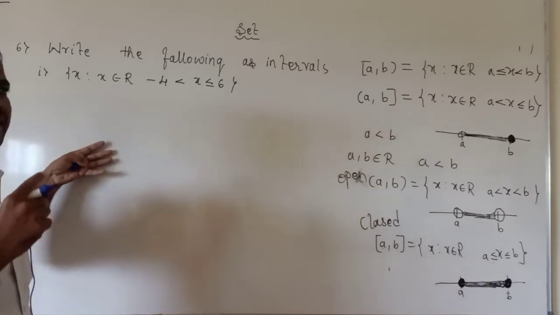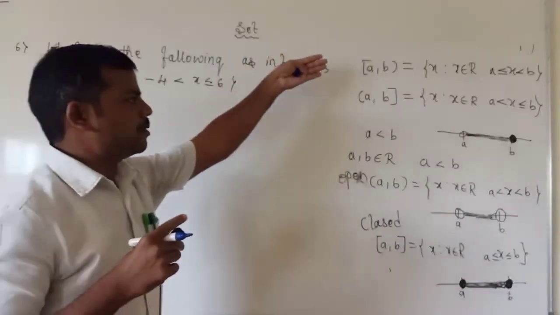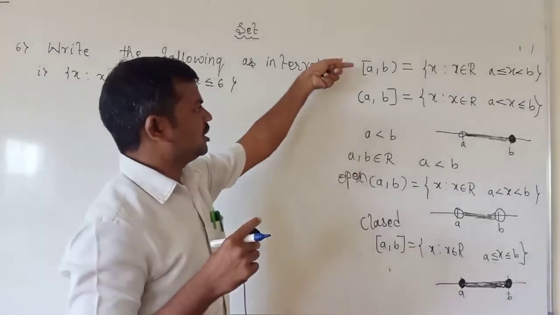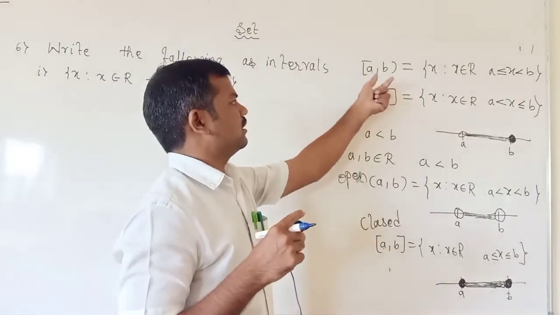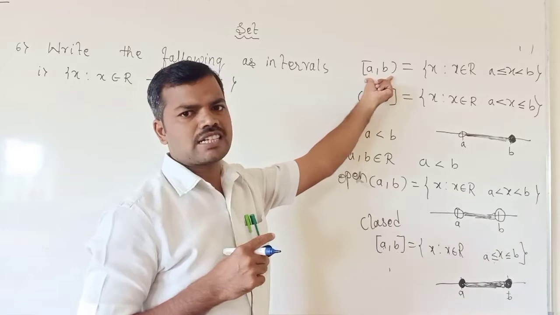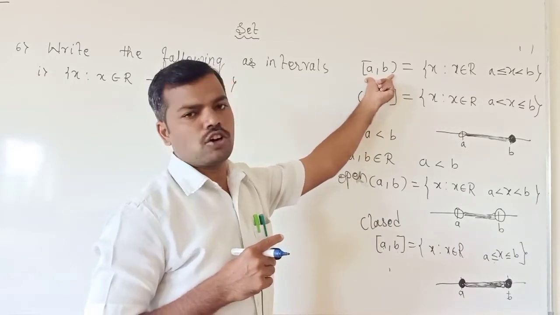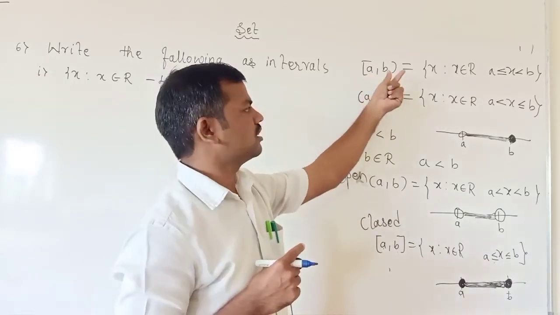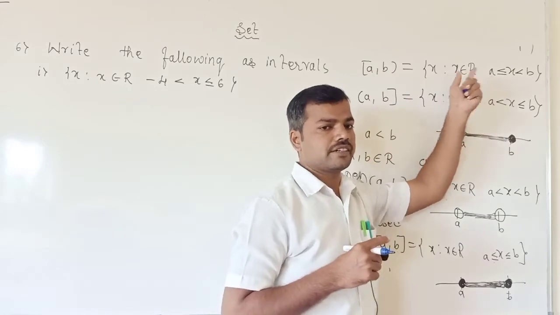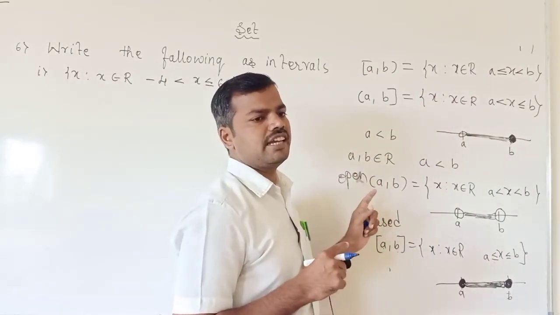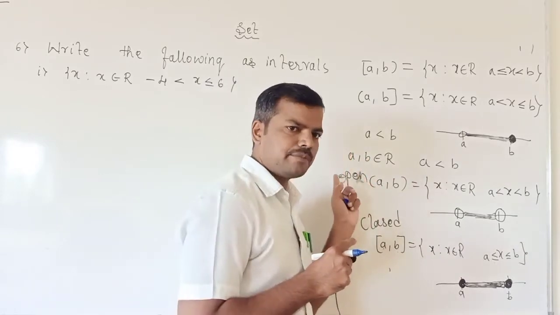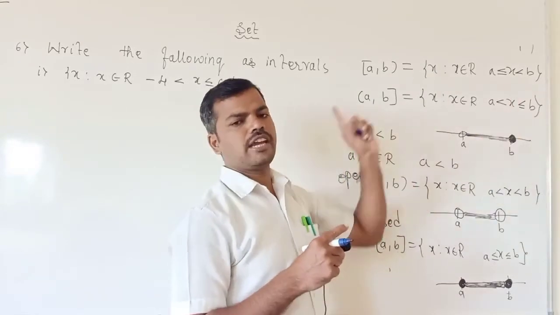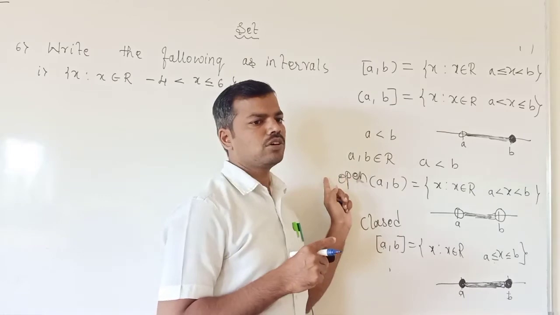We are going to solve the examples on the basis of these intervals. This representation is called as a set roster format. We call this a roster, and that is called as a set builder. So here we have to discuss the examples regarding the transformation of these two: set builder to roster, roster to set builder. Like this we have to study.